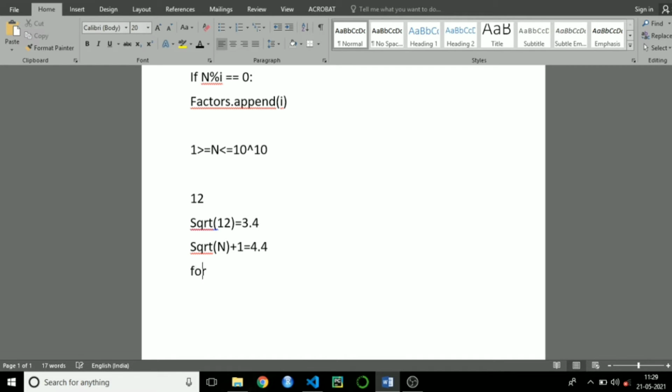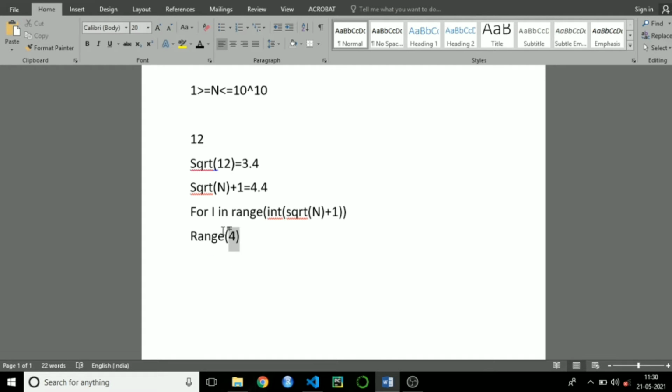I'll show you here. For i in range of square root of n plus 1, so you are going to pass this expression inside the range. The range won't take float values. Here the number is a float, but range won't allow a float value inside it. So you need to add int here. int is going to convert this float into an integer data type. So in this case, the range is going to be 4.